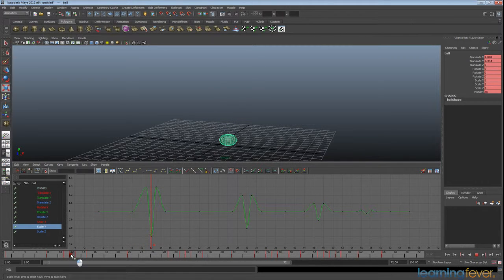So what's going on here is when it squashes, it's losing volume, and when it stretches, it's actually gaining it. So what we could do is go through and the scale Z and X, because this is at 0.3, I'm just control clicking both of them, change that to 0.7,